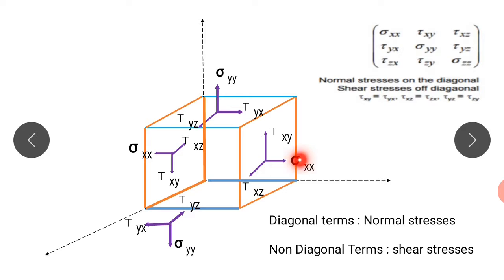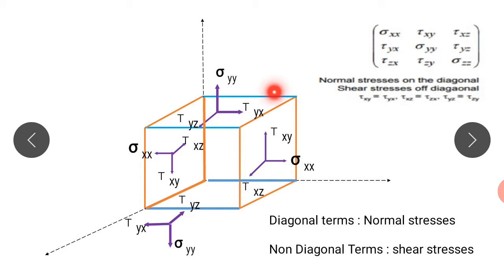So the stresses which are acting along the x-axis, those are normal stresses. The stresses which are tangential to the surface, acting on the x plane with direction along the y axis, those are shear stress tau xy. This is the representation. Here tau xz is the stress which is acting on the x plane but the direction is along the z axis. So consider this block. Each face of this block has three stresses which are mutually opposite to each other. So the direction is mutually opposite.